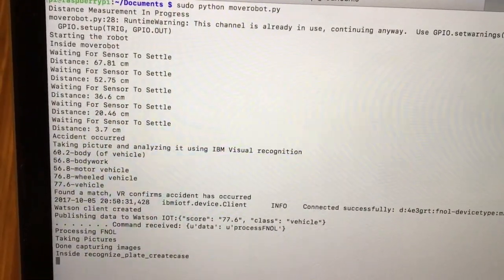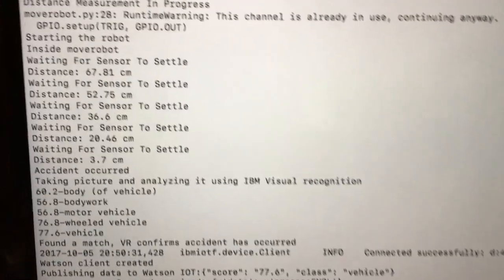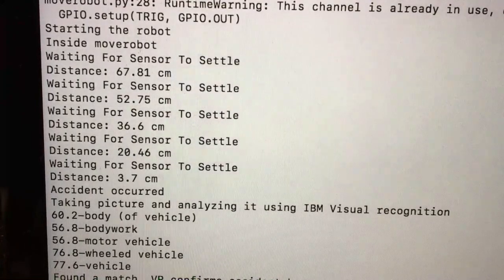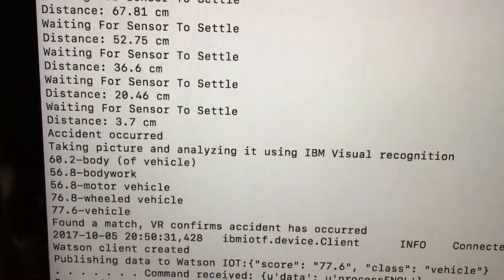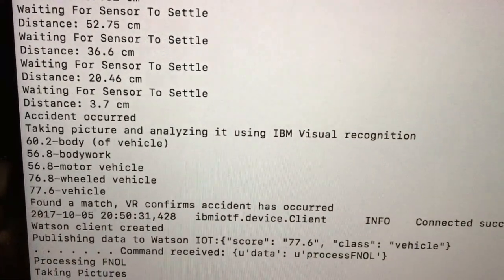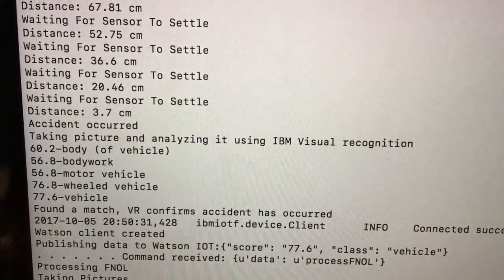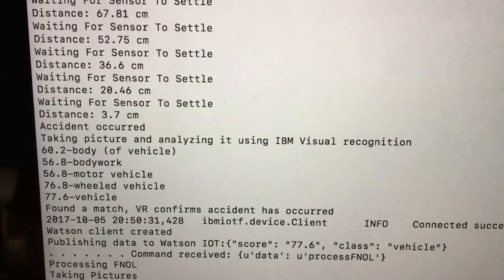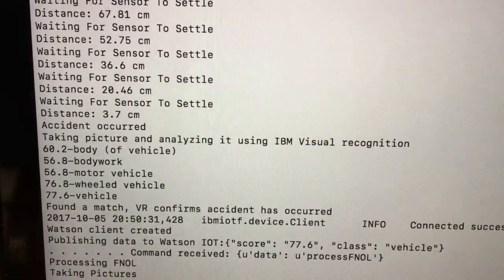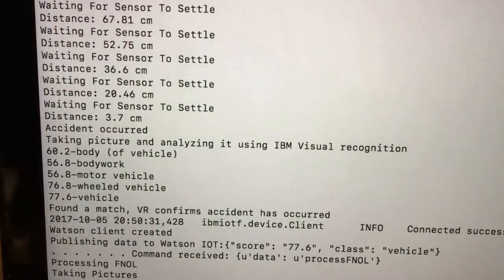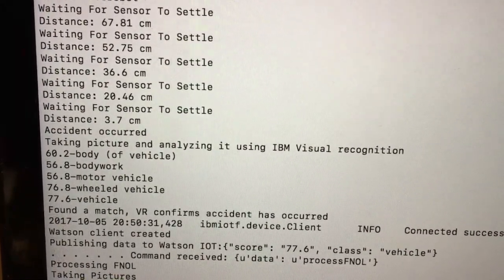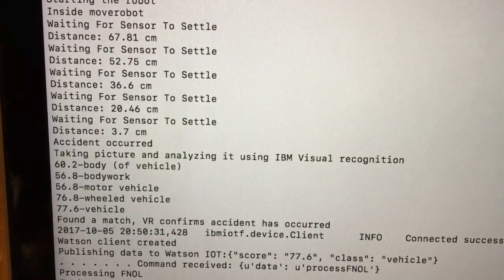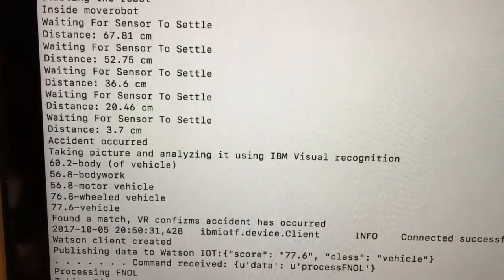We are looking at the console now, and that's what happened here. We were initially inside the moveRobot, right? It started calculating the distance between the obstacle. Then we see here that the accident has occurred, and the picture is taken and the image is sent to visual recognition. In this case, we just send a hard-coded image of a vehicle. Since we haven't trained the Watson VR service yet with a classifier for an accident, we just use any image,